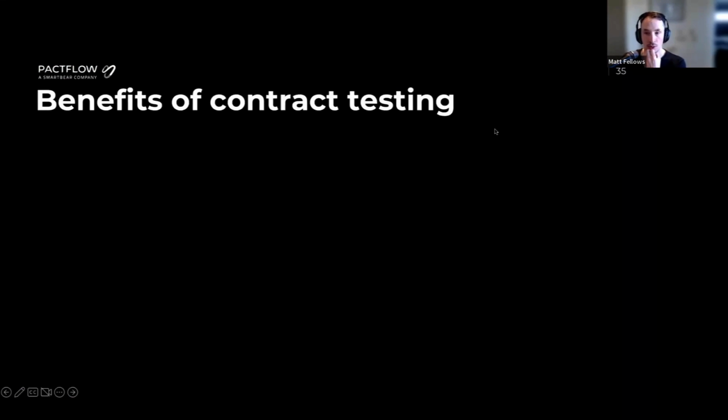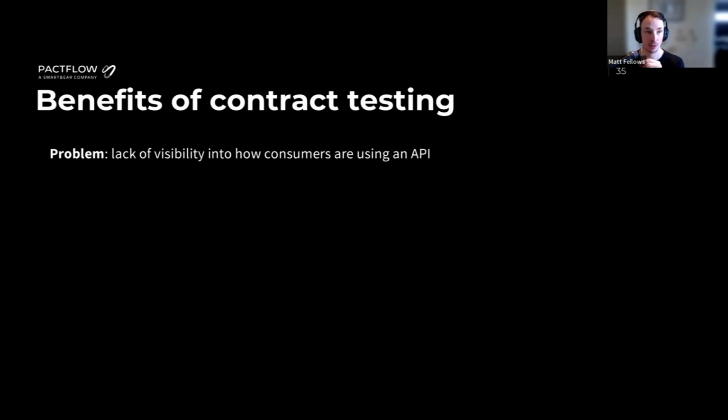So one of the challenges of a design-first workflow is that at design time, you may not have up-to-date information on how a given API is used. And this can make it difficult to make informed decisions about proposed changes to an API. It's particularly pertinent as we evolve the API after the initial design. Usually there are a lot of workflows that happen early on when you're building a brand new API, but once they go into production, this is actually when bad things usually happen. And so this is where we need to find a solution to this problem.